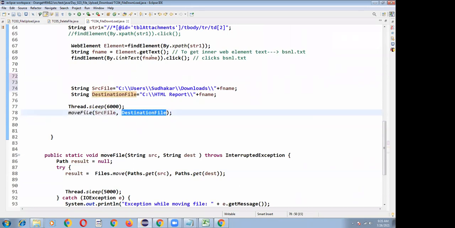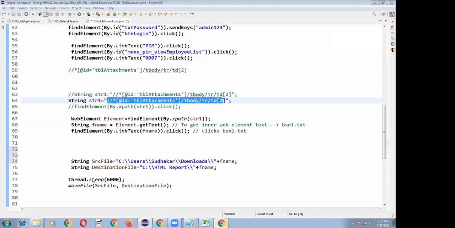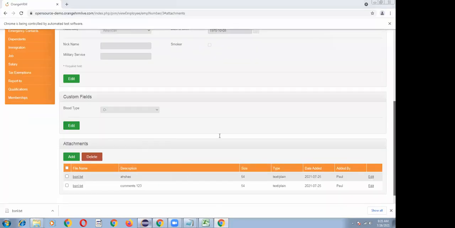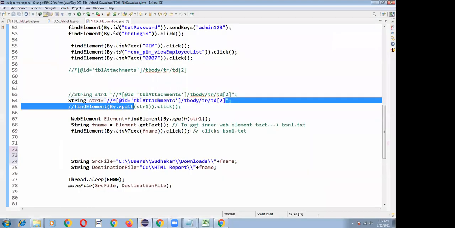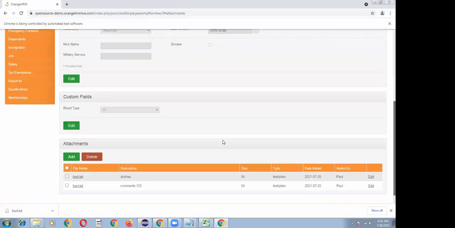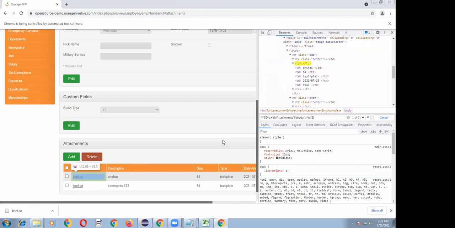And here I have written a set of driver instructions after navigating to 0007. I have taken the web element XPath. Here I want to tell you one thing. Let me take the web element XPath, Control C, then Control F, Control V. So that is the web element XPath I have taken. The first one has been selected. Let me delete, two are getting confused.